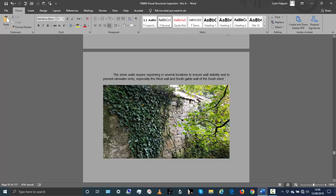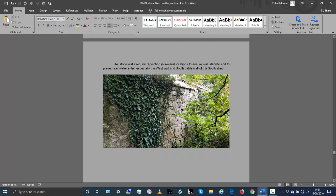If that was allowed to deteriorate and get worse, the wall might start bowing, or there might be some sort of movement in the wall if the pointing wasn't repaired. So there's sections of this wall in particular. This is the south shed, and it's the west facing wall, and also the south facing gable wall, a lot of it needs to be repointed to stop rainwater penetration. So there's a bit of work to be done on the walls in order to retain them. This adjacent one here, again, you can see that is actually a lime render on the